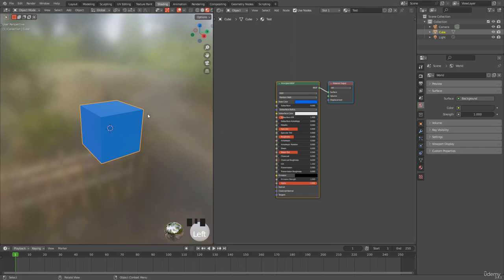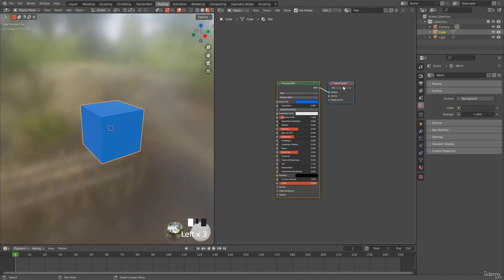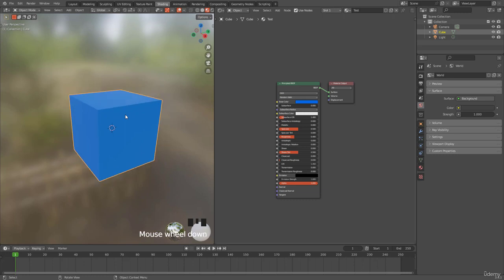If your shading menu is a bit different, you can change it. Like if you watch the video about how to customize the Blender interface in the course, you can find it. I just did this because it's more convenient for me. Now